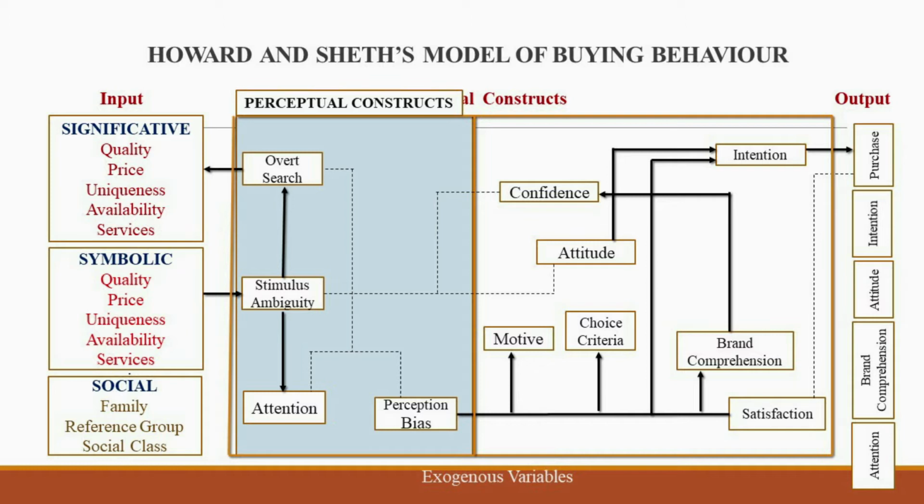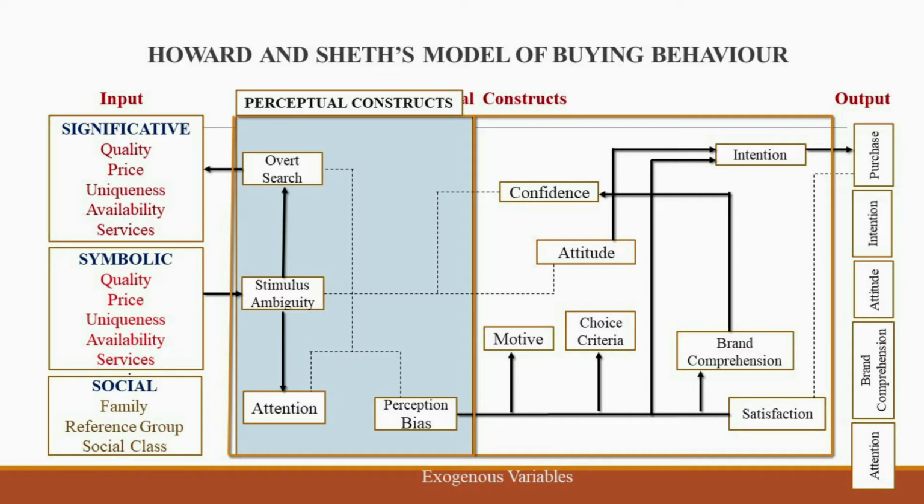This is how he starts to pay more attention to the product features. We can see an arrow mark starting from stimulus ambiguity directed to attention. This means that the ambiguity urges the consumer to attend to the product more seriously in order to get clarity of information. On the other side, the ambiguity urges the consumer to collect more information about the product from various available sources. This is how he starts overt search. He searches for more information about the product.